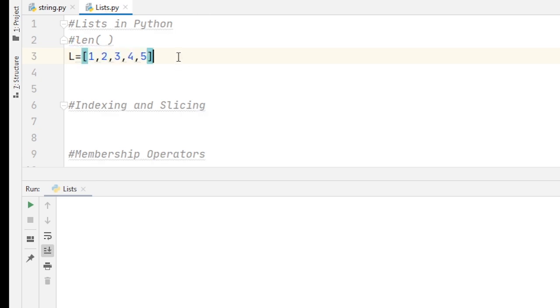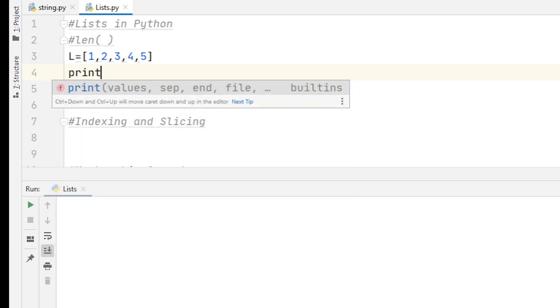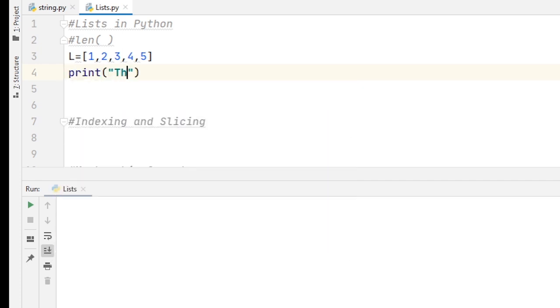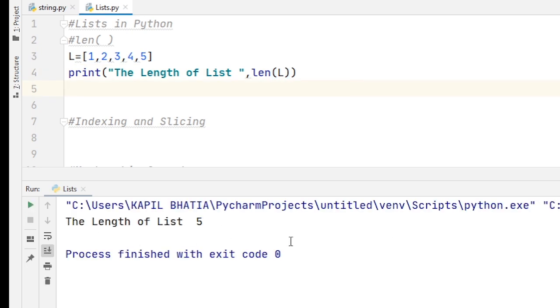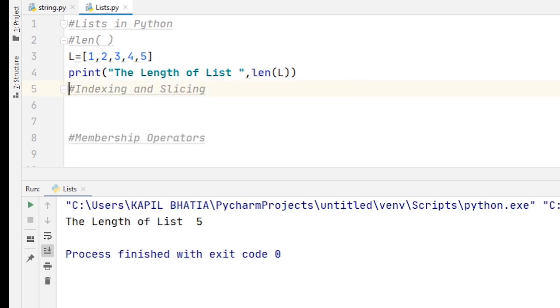If I find the length of this list, I just write print length of list. When I run this code, you will find the output as 5. Okay. Next, indexing and slicing.